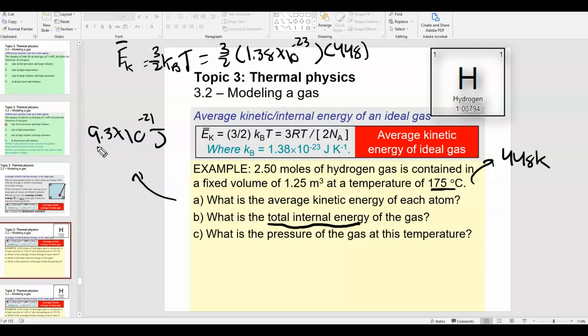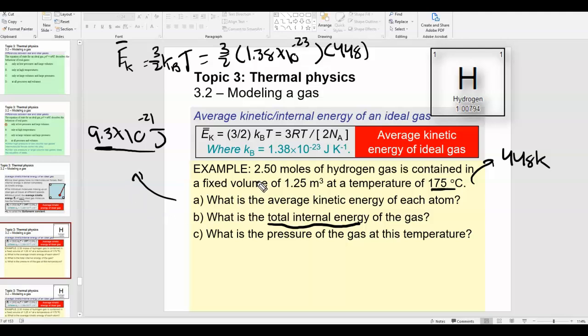Since we already have the average of a single atom, all we need to do is multiply that by however many atoms we have. This is the average kinetic energy for one atom, and if we multiply that number by how many atoms we have,